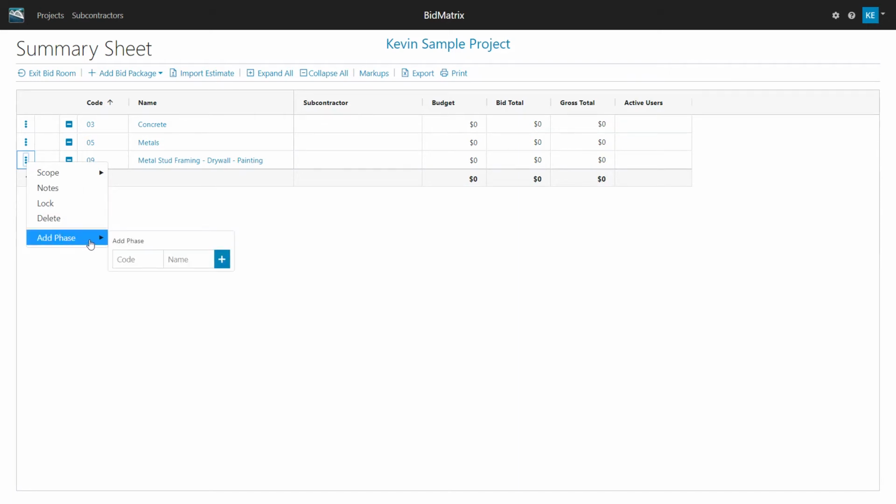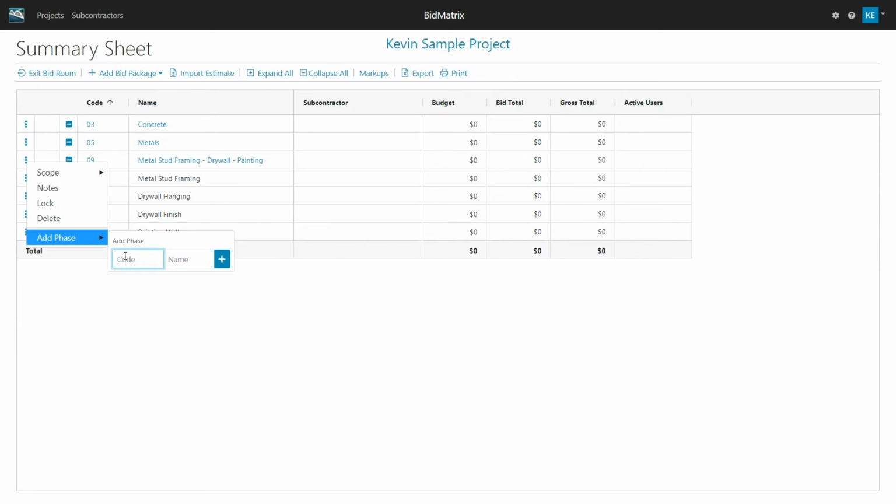The main thing I want to look at here is just adding the different phases that I'm going to be getting bids in on. And there again, I'm just hitting enter, so that way it keeps on allowing me to put in a bunch at one time. Okay, so that kind of gives me enough.